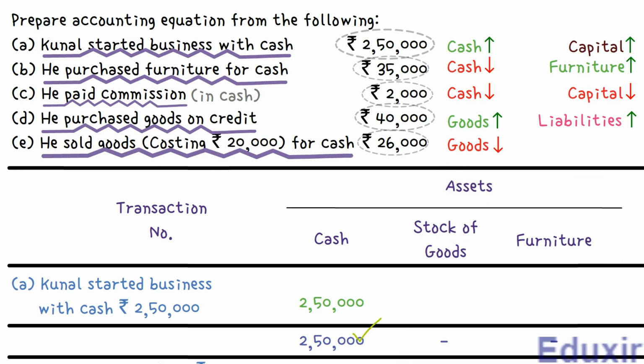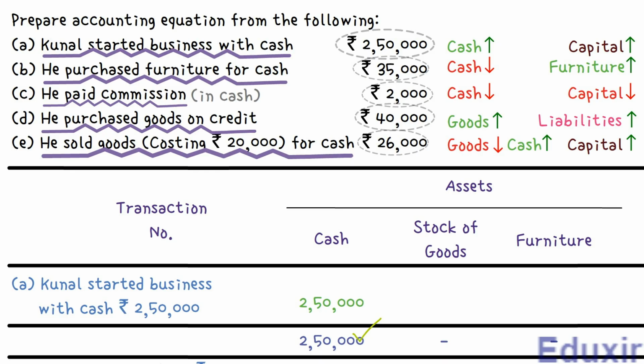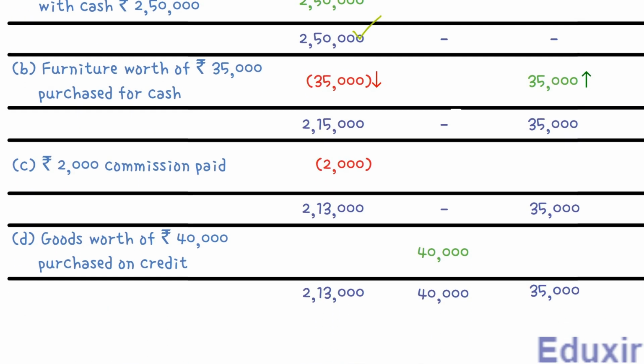At the same time, as these goods are sold for cash, the business receives cash from this sale, and the cash asset available with the business will be increasing. Also, as the business is selling the goods for a profit, the capital will increase by an amount equal to the profit. So with this analysis at our disposal, let's now proceed to record this transaction in the accounting equation